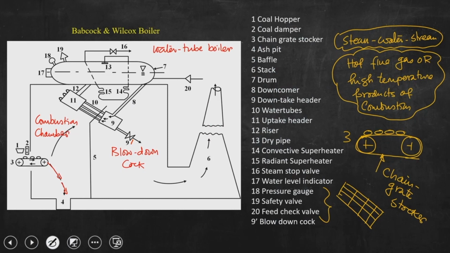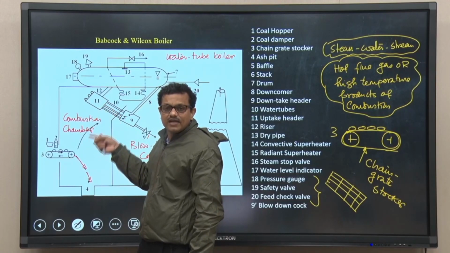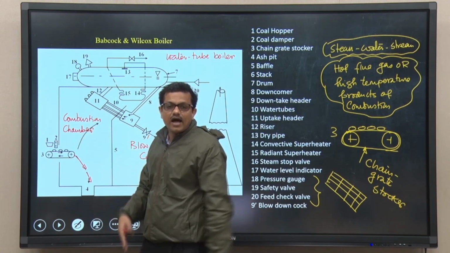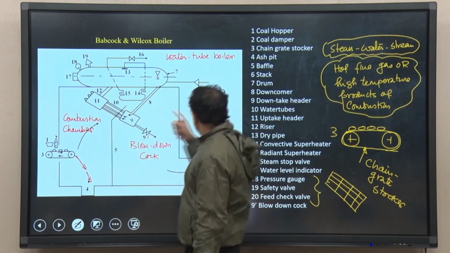Since 11 and 12, even 10, these 3 different parts of the boiler are very close to the high temperature part of the combustion chamber, wherein radiative heat transfer plays an important role. So, there are 2 different modes of heat transfer, one is flue gas convection, other is radiative heat transfer. Since part 11 is very close to the combustion chamber wherein temperature is very high, so radiative heat transfer will play an important role that you have studied because of high temperature difference,